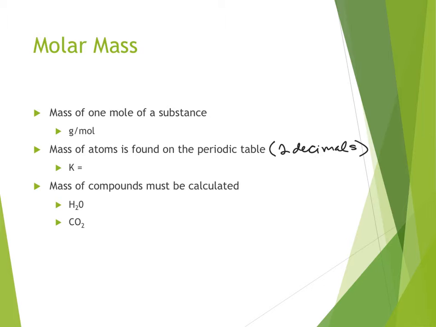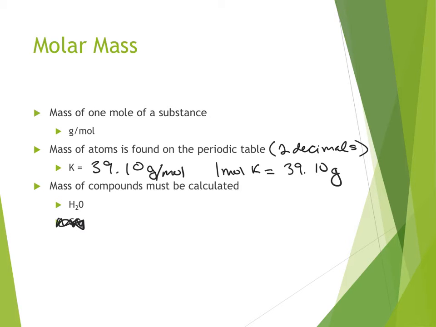So if we're looking at potassium on the periodic table, which is atomic number 19, it has a mass of 39.10 grams per mole. So what this means is that 1 mole of potassium will have a mass of 39.10 grams. If we have a compound like water,